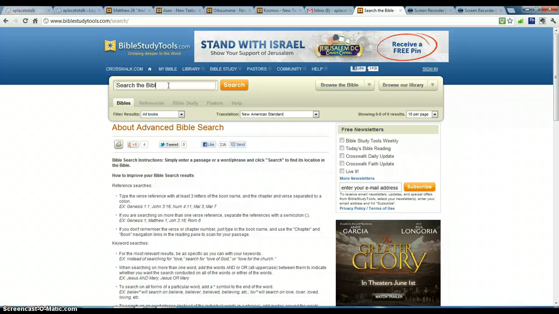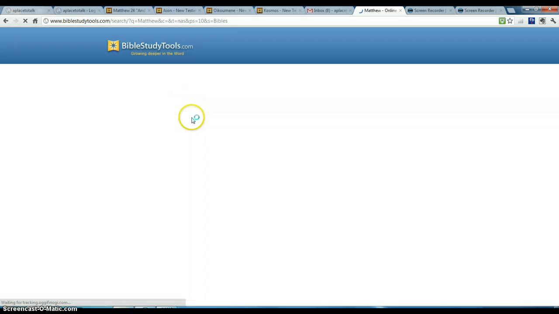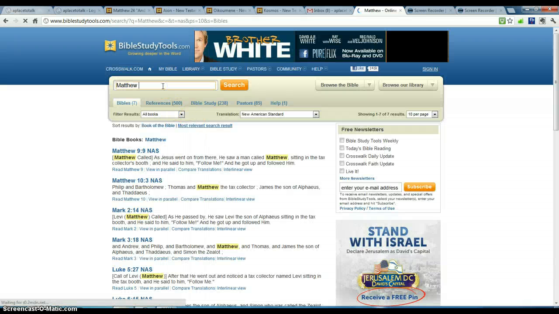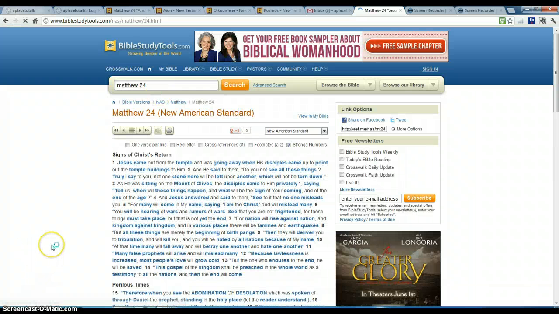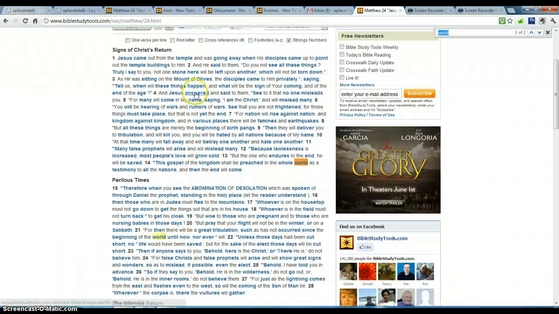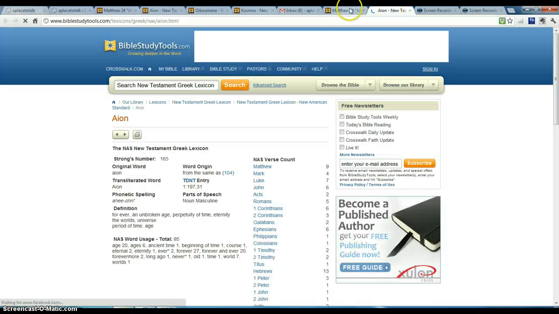That's my preference. But if you'll notice, if we look up Matthew 24 in the New American Standard, oops, I should have typed in 24 there. If we type in Matthew 24 in the New American Standard, I think we only get 2 instances of the word world. Again, Control F, world. See, we only get it twice. Because in Matthew 24 verse 3, it says age. It already uses the word aeon to mean age, not world.